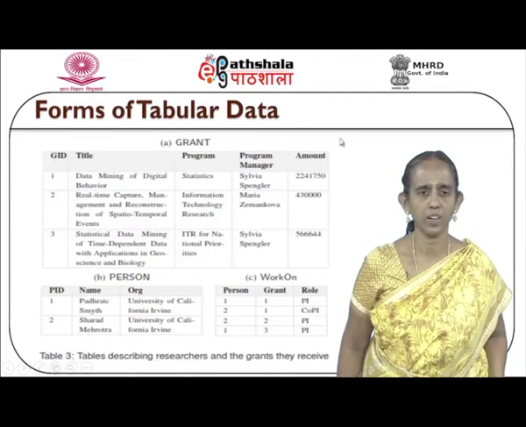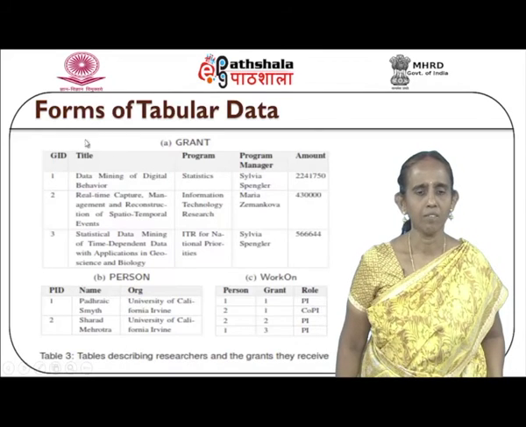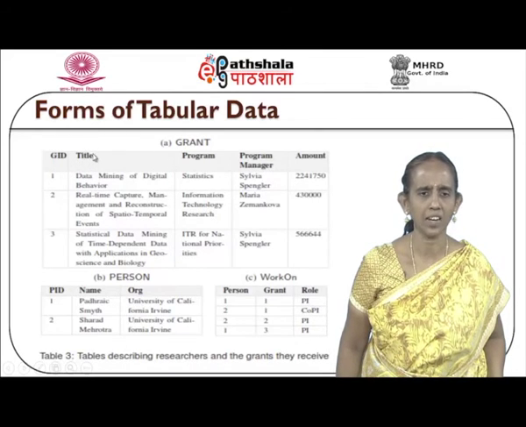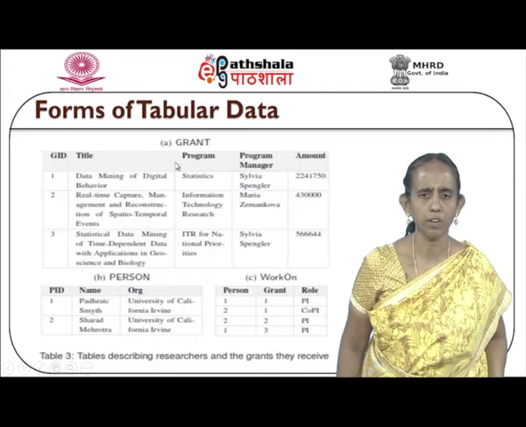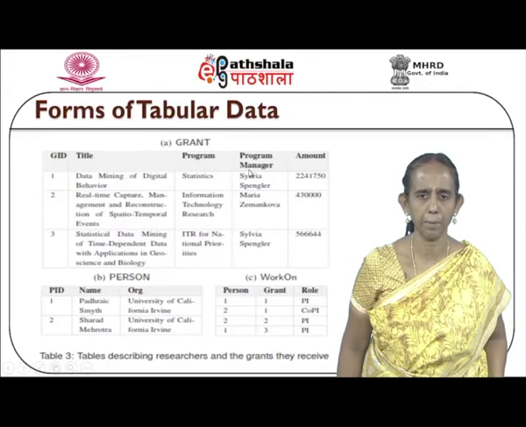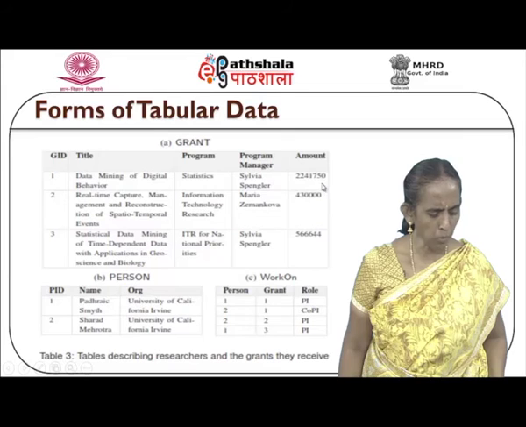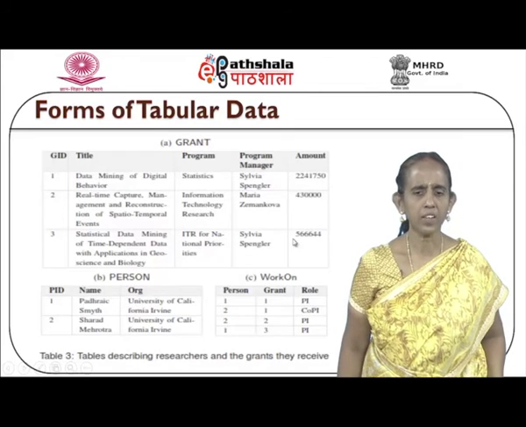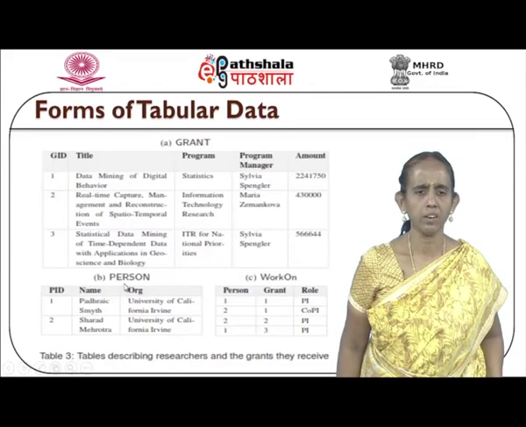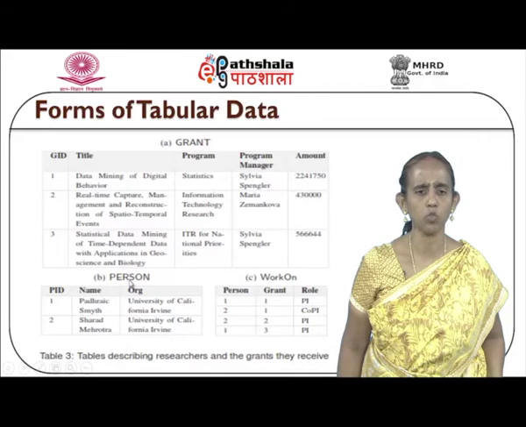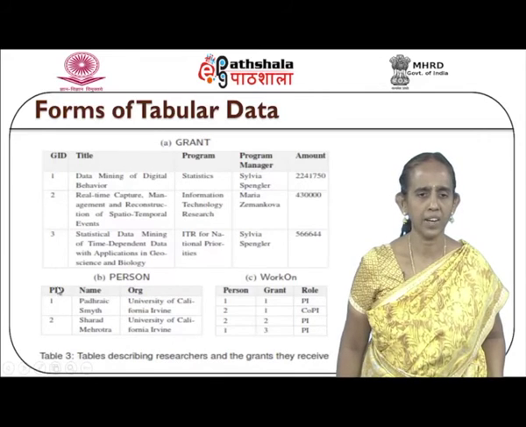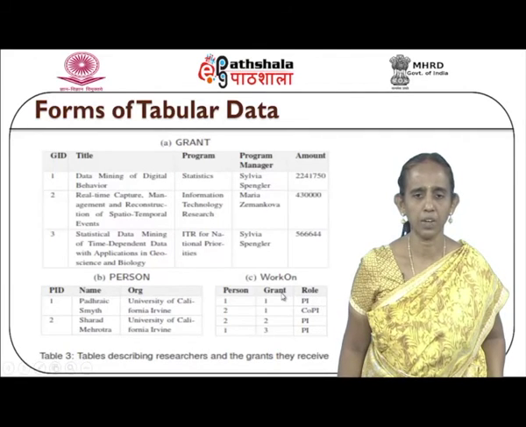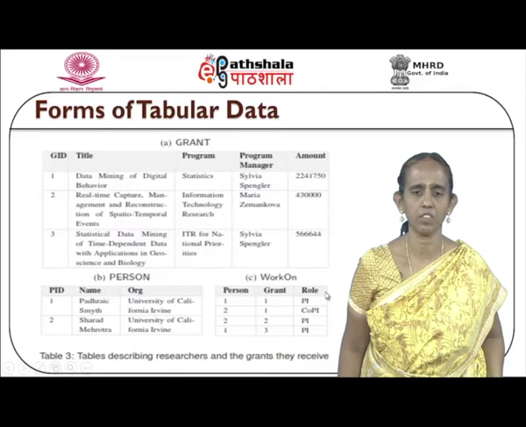So this is that kind of table where you have the grant table, where you have the grant ID, the title for which the grant has been given, the program for which the grant has been given, who is a program manager, and what is the amount for which the grant has been given. The next table is a person table, wherein this represents the research persons who have received the grants, the person ID with the name of the person and the organization, the university in which they are working, with the grant that has been received and the role of the person, whether he is an investigator or co-principal